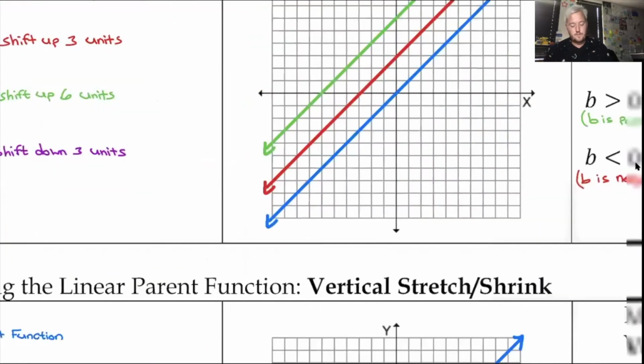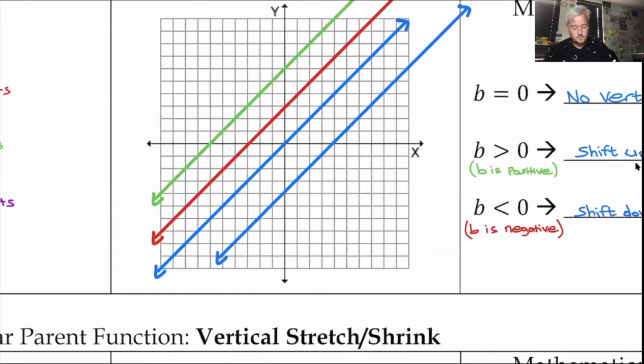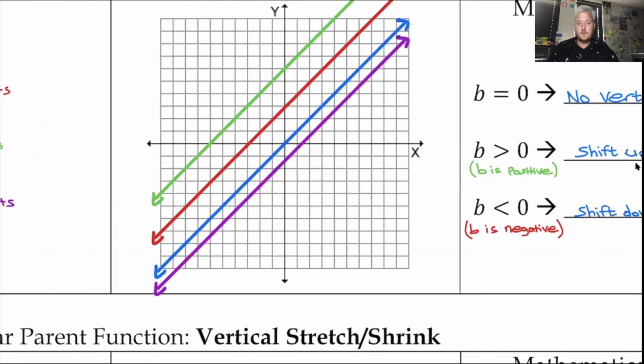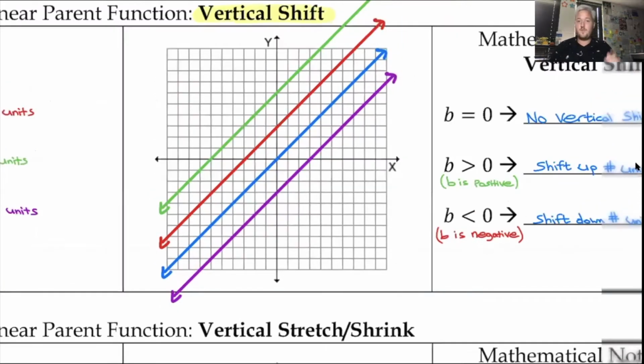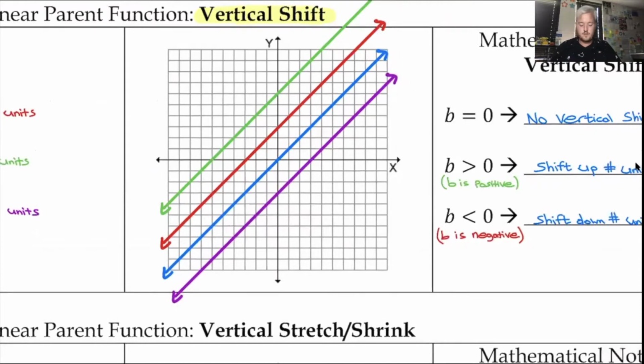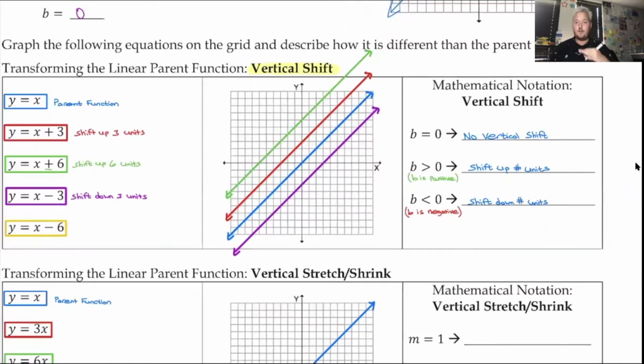Okay, so on my graph from the original, I'm going to change this to purple. All right, so here's my original, the parent function. So I'm going to take the exact same function, the parent function, and I'm going to move it down 3 units. So if you look on your y-axis, 1, 2, 3. There we go. So that's if I move it down 3 units. Okay, so notice I didn't change the steepness at all. It's literally the same exact line. All right, now over here,